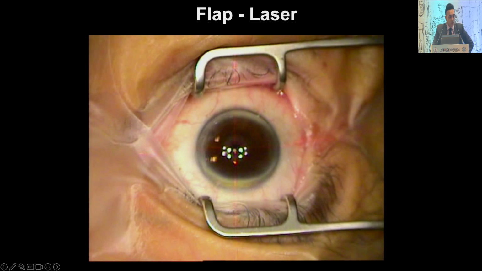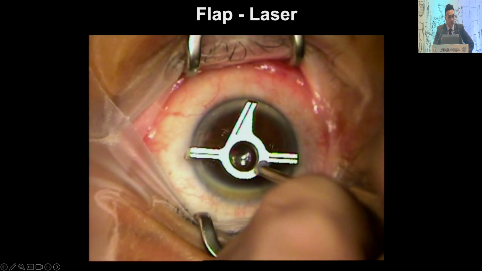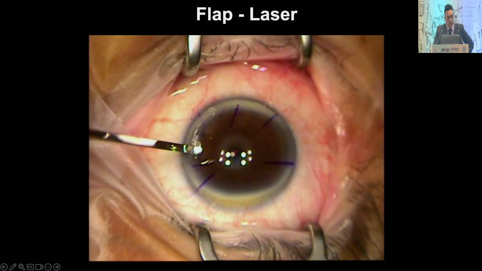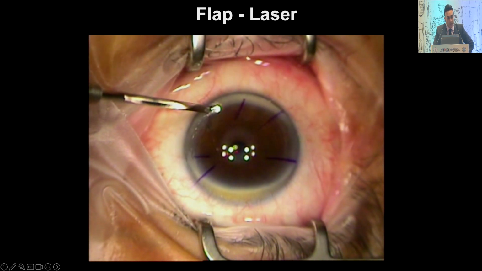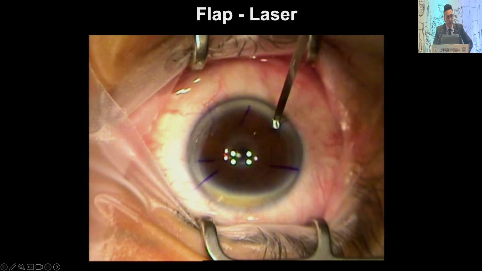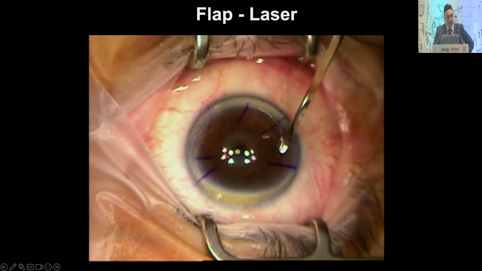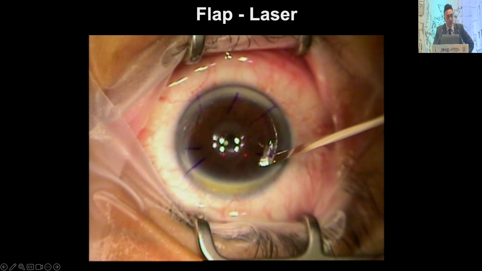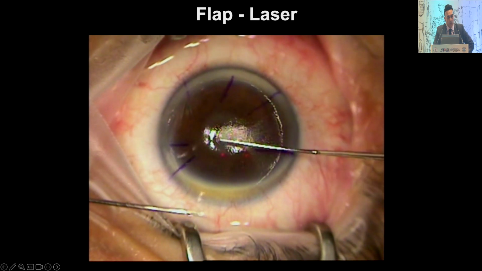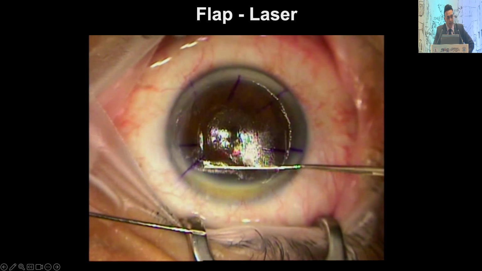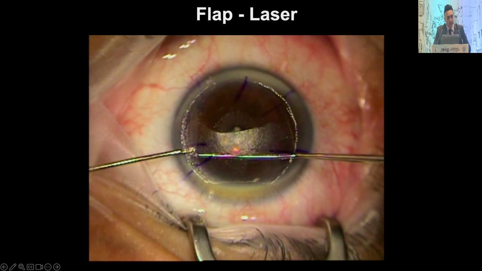So what we did was we came up with this idea of doing this as a 2-step procedure. What I'll show you in a minute is that you'll see the haze both on the cap and also on the bed. So in stage 1 of the procedure, obviously we remove the explant itself. Stage 2 of the procedure, you go back, and what we do is we laser the actual underside of the